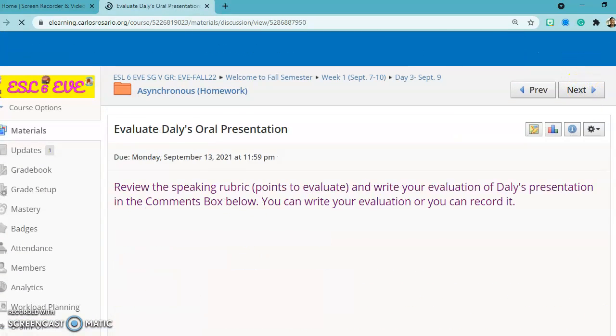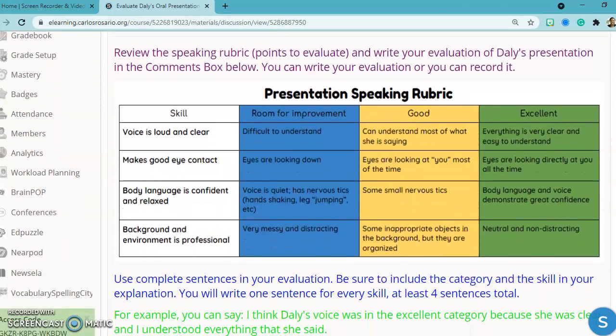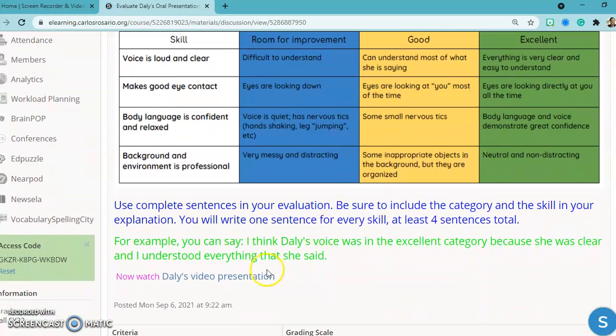Your second activity is another discussion post. So this is a continuation of our lesson that we'll do about the speaking rubric. And you're going to watch a video and you're going to critique it using the rubric.